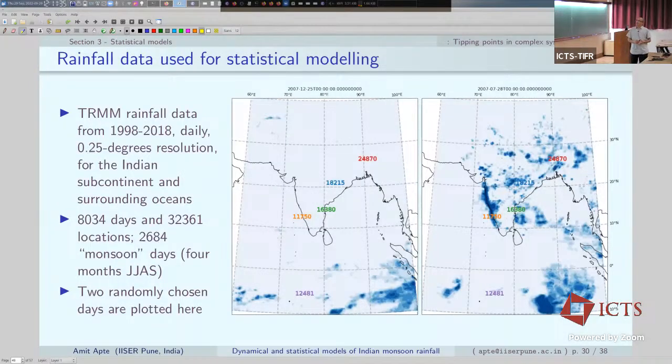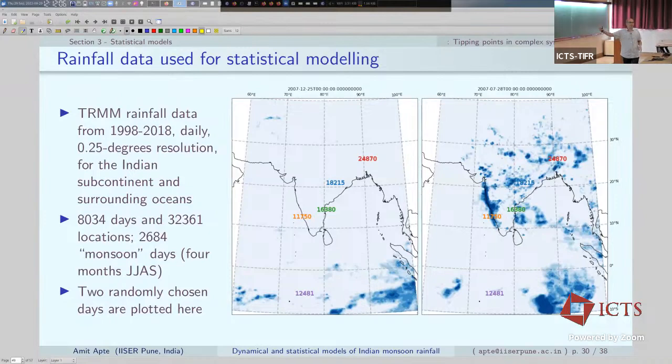So what's the kind of data set that we have access to? One is the one that we have been working with. This is not the only one, but let's say if you take the rainfall over the region, which is what I was showing earlier, it's available for the last about 21, 22 years over a resolution of about 0.25 degrees. And so that gives about 32,000 grid points over which rainfall is available every day.